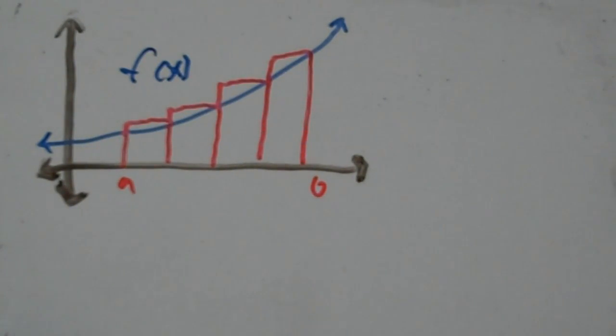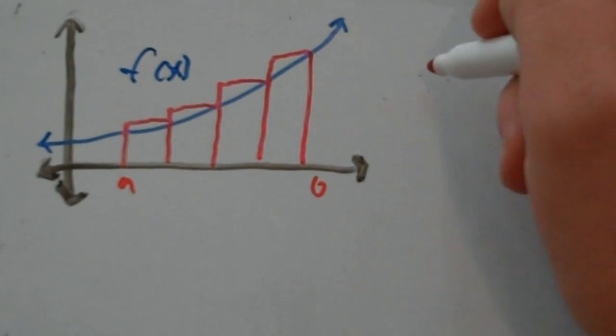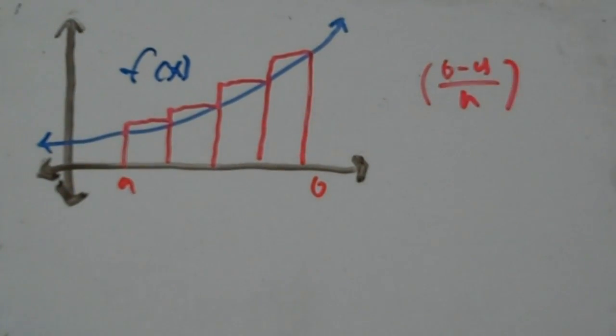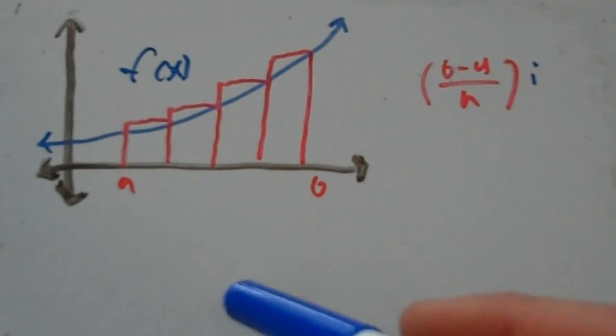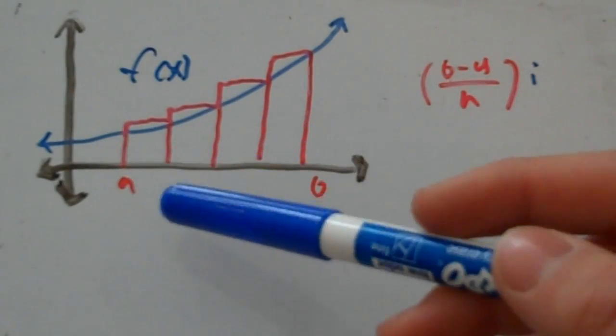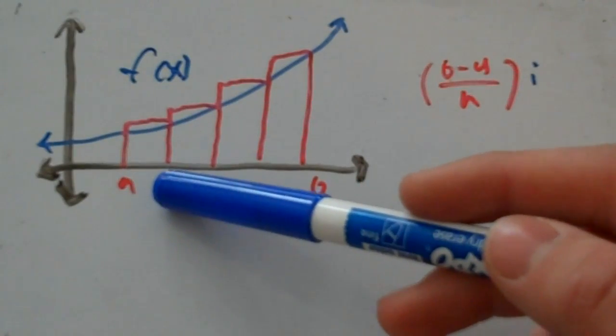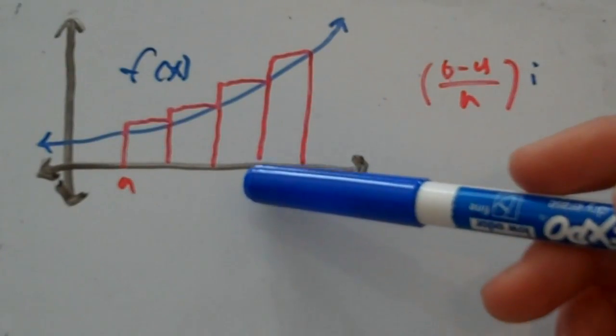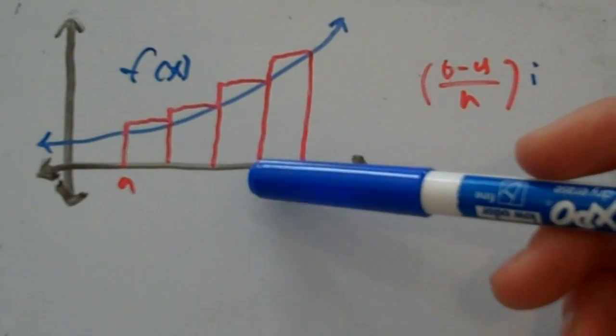Now, we just need to figure out how to model x. And we can actually do that by taking our width, or b minus a over n. So we have the width of one of our rectangles times the number of the rectangle we're looking at, or i. So we're looking at the ith rectangle. So we go over ith rectangle widths. Say we want to look at the third rectangle, so we go over 1 rectangle width, 2 rectangle widths, 3 rectangle widths,